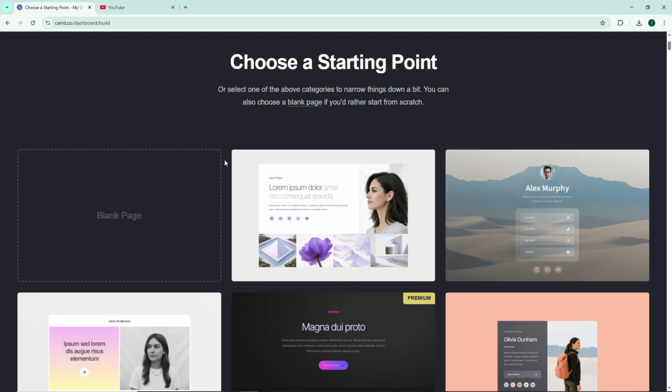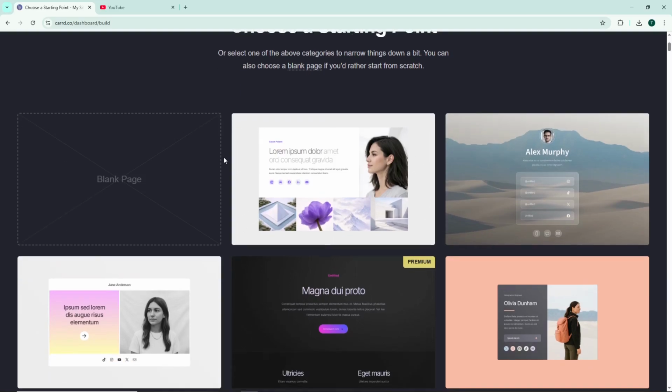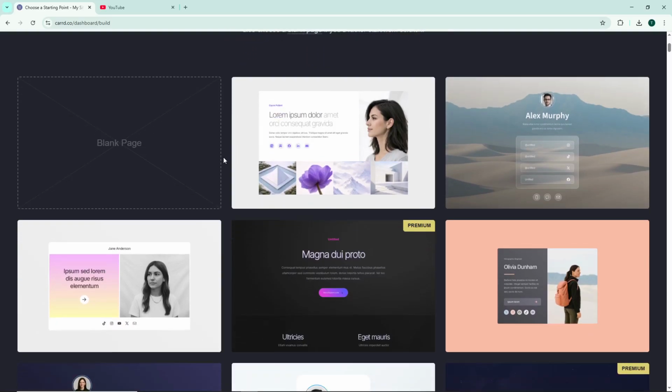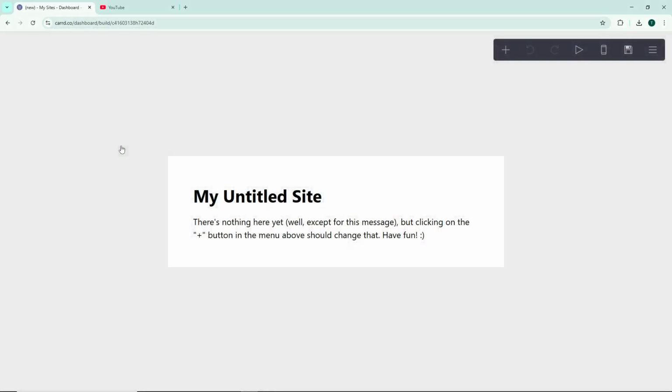After clicking Plus New Site, you'll be presented with several template options. Navigate to the option labeled Blank Page and click Select. This gives you a clean slate to work with, allowing you to customize everything from scratch without any pre-designed elements getting in the way. Once your blank page loads, look to the upper right corner of the editor where you'll